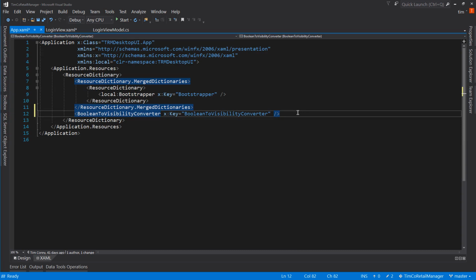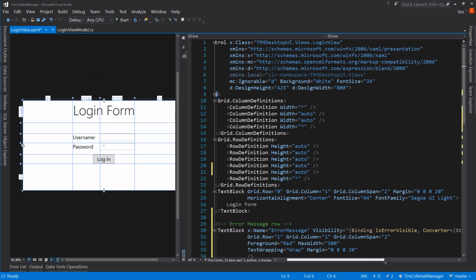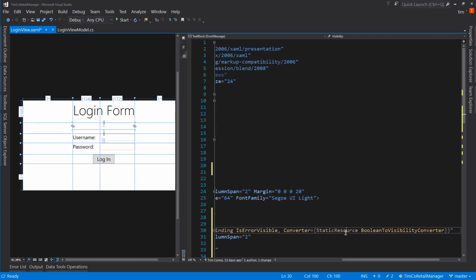How we do that? It's a one-to-one relationship, which is what I used over here when I said static resource from the resource dictionary. I want the Boolean to visibility converter. So what does this do? Well, it converts a Boolean, which returns true or false, to visibility, because visibility doesn't have true or false. It has visible, collapsed, and hidden. There's 3 different states, and none of them are true or false. So what it does is it says if it's true, then it's visible. If it's false,